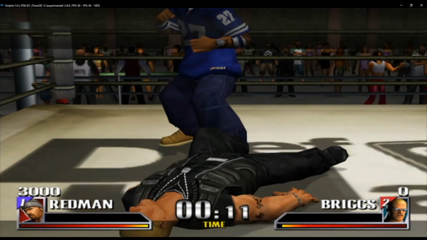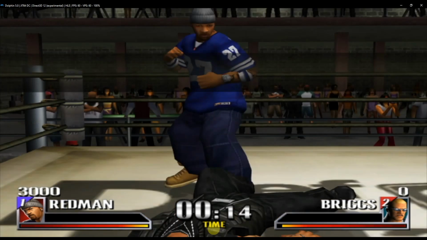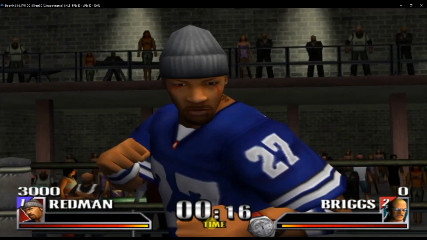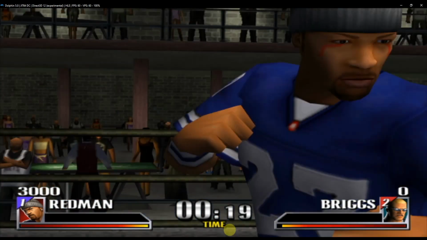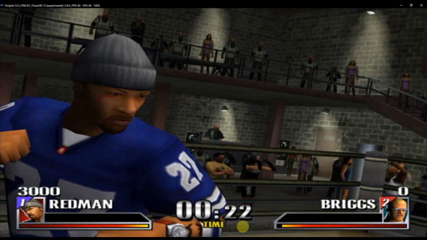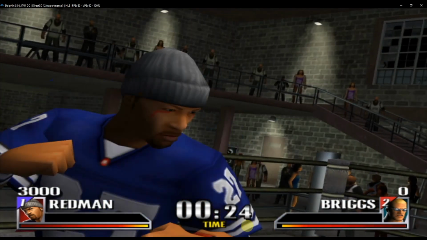But if you zoom in here, it's your actual engine's camera. Dolphin allows you to do this. I don't know of any other emulator that does. You'll see the changes